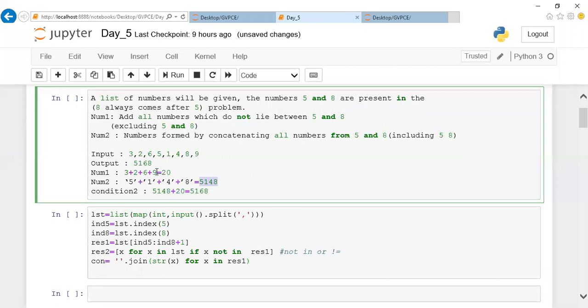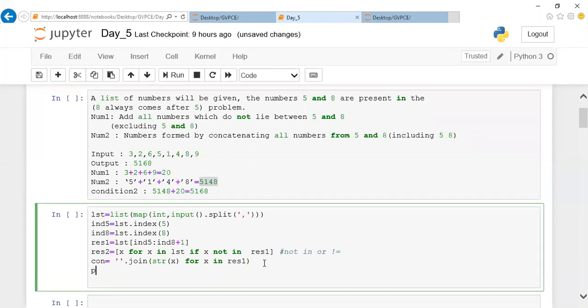Right. Now you are supposed to find the summation of this and add it. So I can write it in a single line as print. Right now this will be of string type. Only by using strings can I concatenate. We can't concatenate as integers. So keeping a value as an integer is not possible. So I'll convert it to a string type, then do the concatenation. And after doing this, if I want to add these two pieces of data, what should I do? I should make this one an integer again.